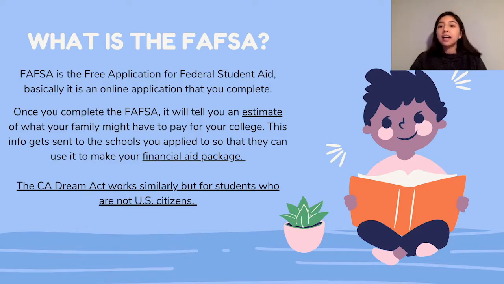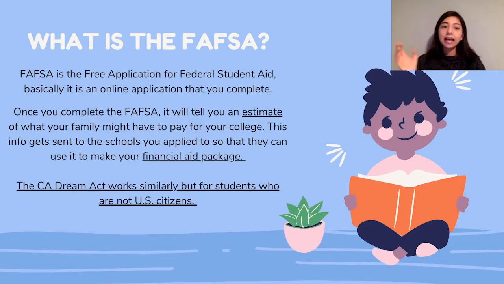So this is just an estimate. It doesn't mean that is exactly what you're going to pay. It's just what FAFSA predicts that you will, but it's just an estimate. From there, this info gets sent to the schools that you applied to. So on the FAFSA, you're going to list Cal State Fullerton, UCI, Fullerton College, so that they know who to